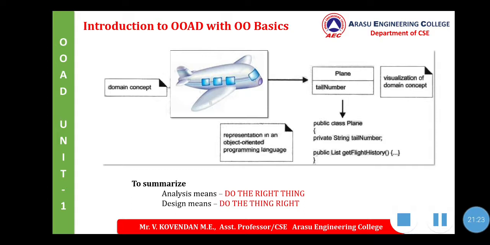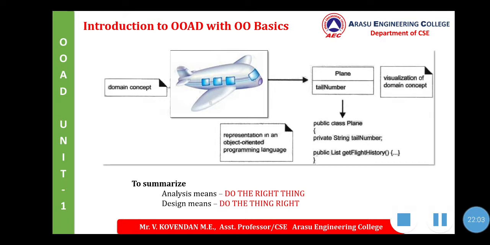Obviously, we already discussed that the object is an instance of a class, right? So private string tailNumber. Obviously your tail number consists of a string value, right? And for the function, getFlightHistory. This is the function, which represents the behavior in object oriented programming languages. So this is the simple example for object oriented analysis and design. From this example we analyze, as pre-planning, what we are going to do, and after that we make the implementation part with the attributes, methods, and so on.